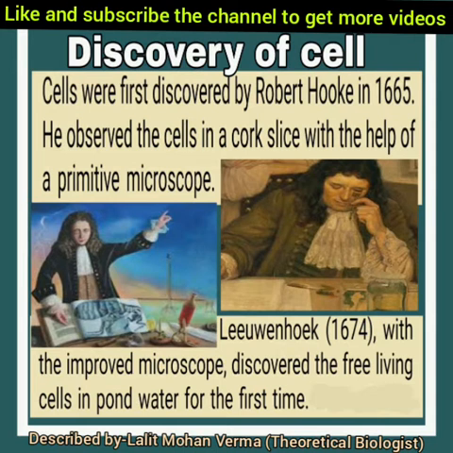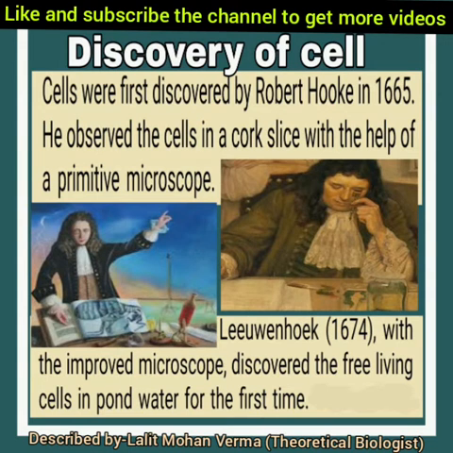And now in 1674, Antony van Leeuwenhoek, a Dutch scientist, studied living cells, that is bacteria, protozoa, RBC, etc., for the first time. He was able to study them with the help of an improved microscope, which he himself had made. In 1831, Robert Brown discovered and named the nucleus in the cell.